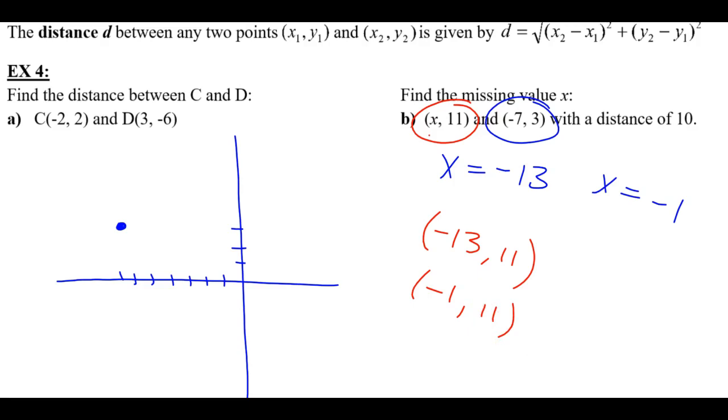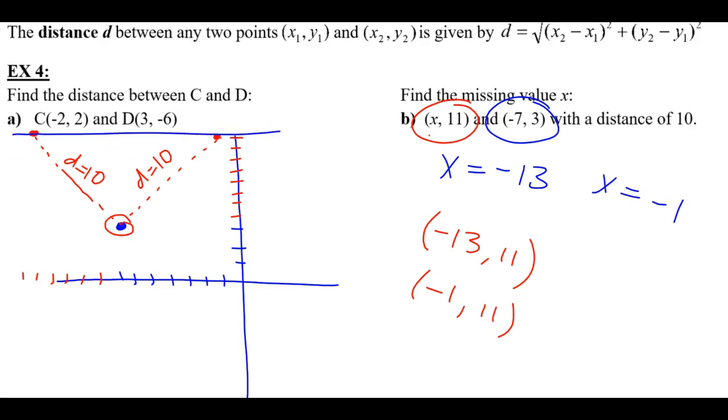So watch what happens when I plot these points. So 3, 4, 5, 6, 7, 8, 9, 10, 11. So here's negative 1, 11. Here's negative 7, 8, 9, 10, 11, 12, 13. Negative 13, 11. What do you notice about those two red points? They're the same distance away from the blue point. They're both 10 units away from the blue point. That's why there's two answers, because there's 2 points at the y value of 11 that are 10 units away